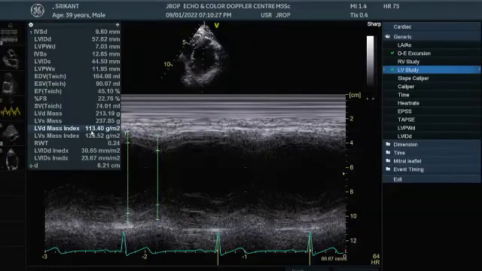This is how we measure them today. We don't talk of LV hypertrophy and all those things today. But the general consensus says more than 15 millimeters is considered hypertrophy. But this hypertrophy could be localized, generalized, or apical hypertrophy. Many varieties are possible when we talk about these things.